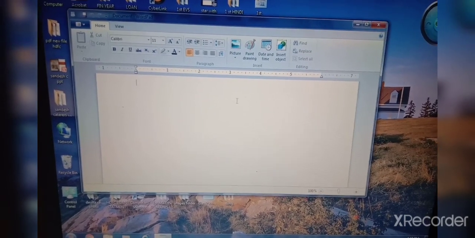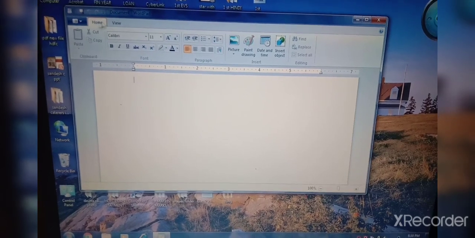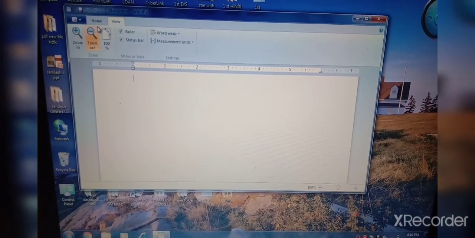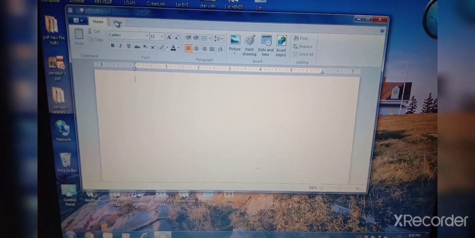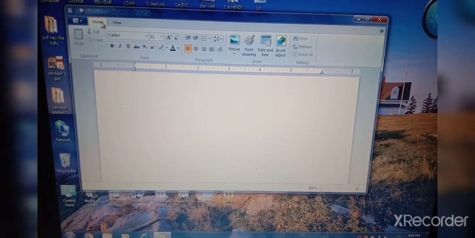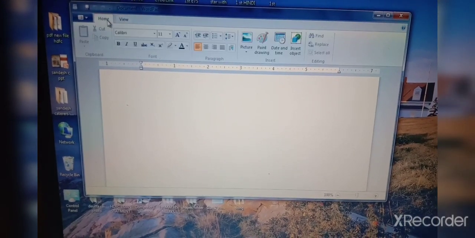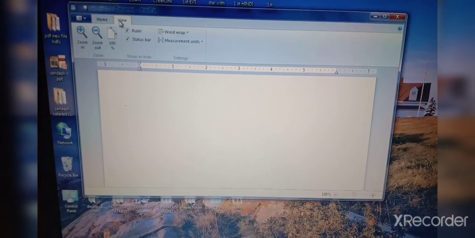Okay, children. Now, I will show you this home and view. What is this home and view? These are the tabs. You can say home tab and view tab.